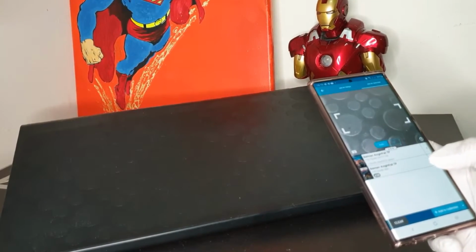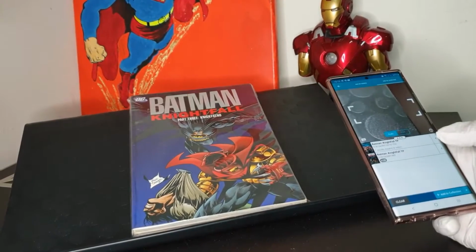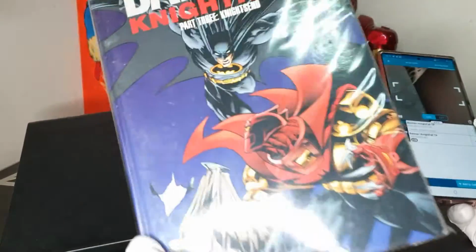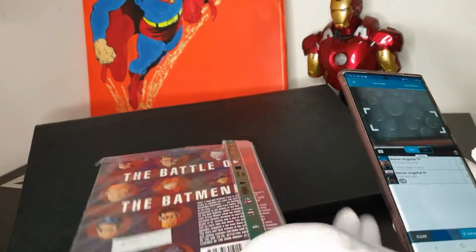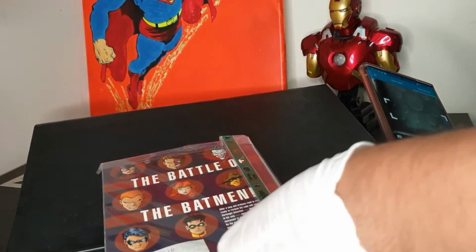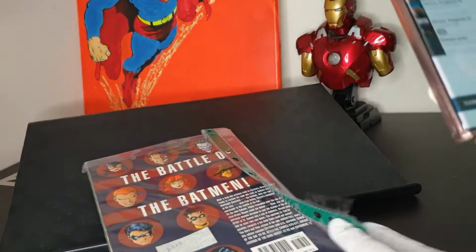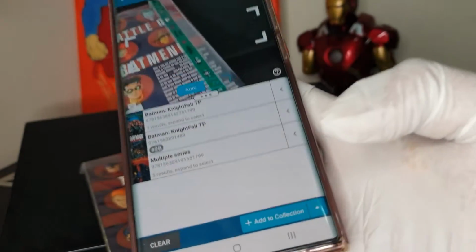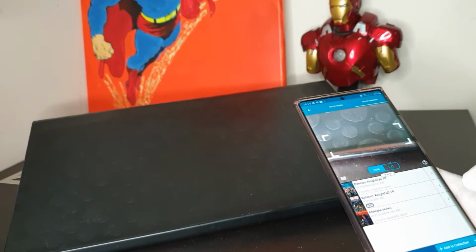Next up is Nightfall Part 3. Yep, Part 3. Azrael right there in full glory. This one too. Just take the tape off and scan. Okay, there you have it. I hope you can see. Next up is